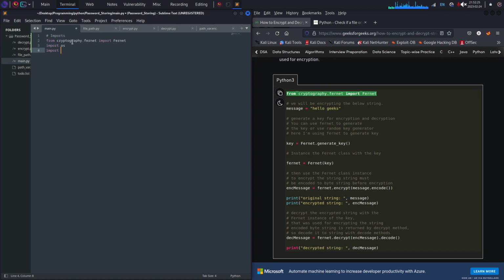So we'll import file path, encrypt, and we will just copy that, Control V, and decrypt. So this is going to allow the user to define the path. This is going to allow the user to encrypt. This is the encryption section of things. This is the decrypt. And then this is going to be the